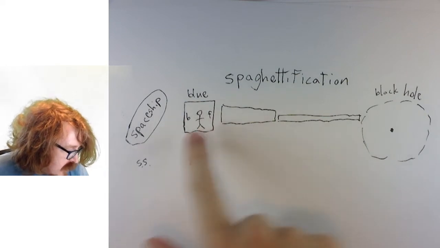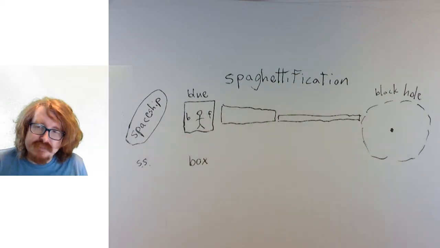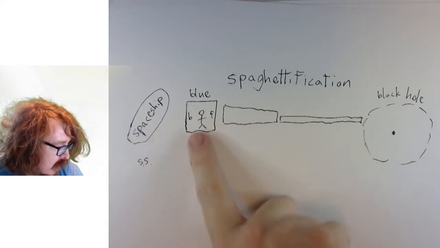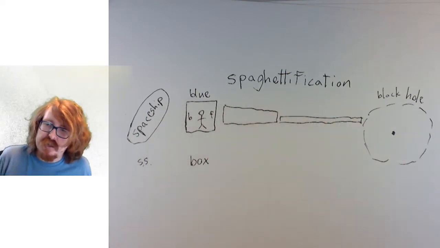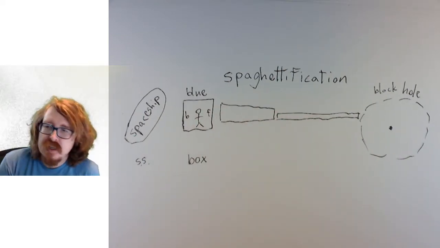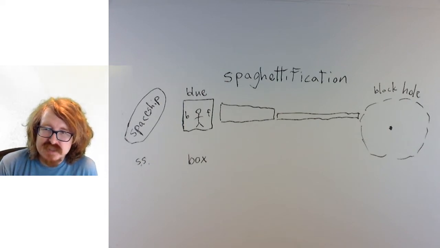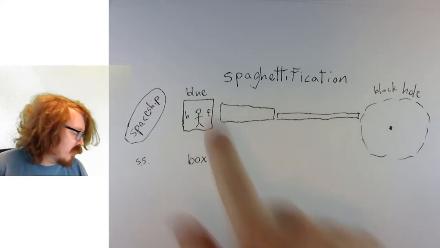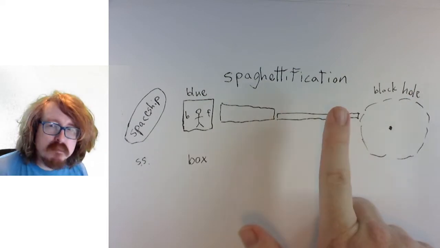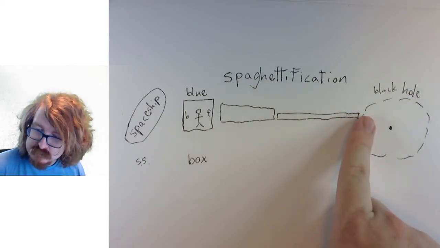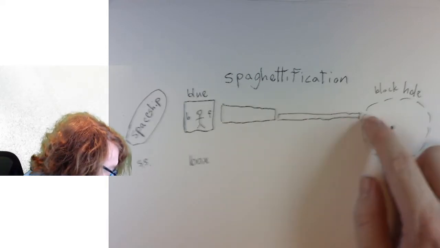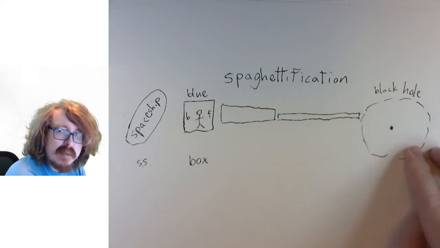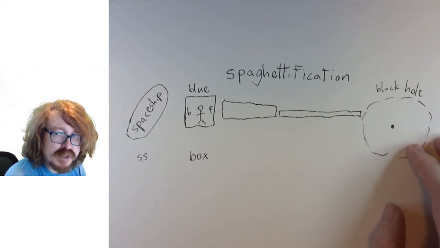Okay, so there's going to be an extreme redshift. What's going to happen to time inside the box from the spaceship's point of view as the box gets closer and closer to the black hole? It slows down. And as it gets closer and closer and closer, it goes more and more and more slow motion. And we would not be able to see it after it passed through the event horizon because no light can come out. But we can calculate what would happen to its time.